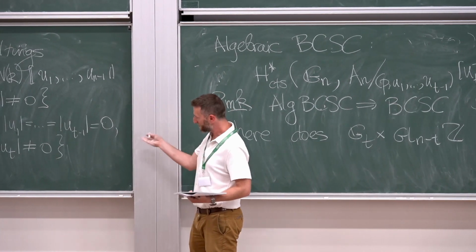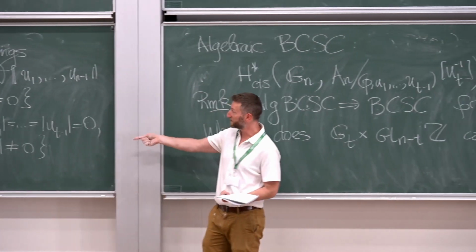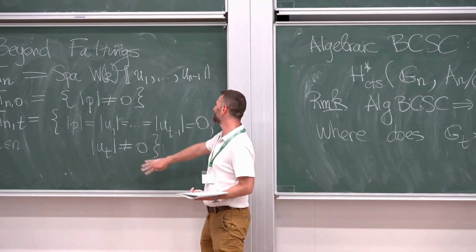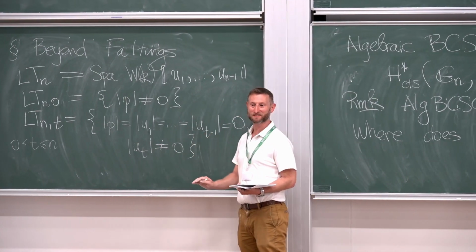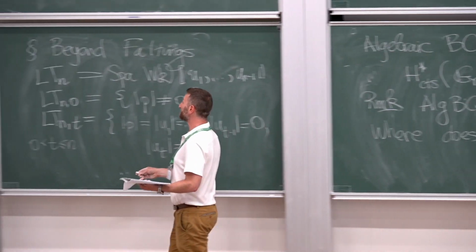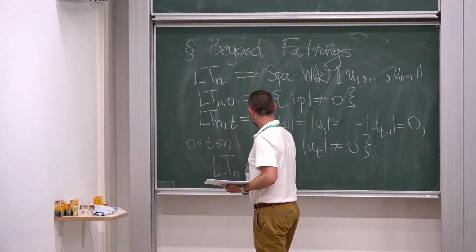So this definition makes perfect sense. It's a locally closed subspace of LTN. I suppose when t is equal to n, you just drop this last condition because it doesn't make any sense. So it's kind of a stratification of the Lubin-Tate. That's exactly what it is. It's a stratification. It's a really natural one too.